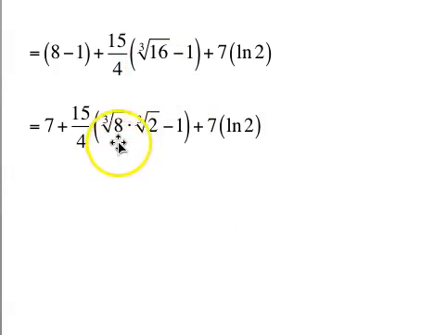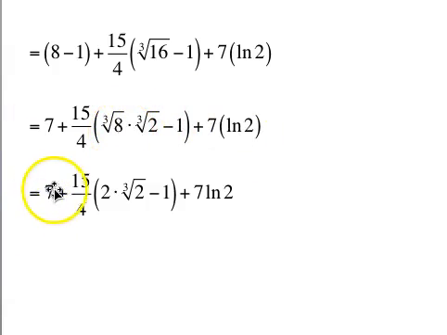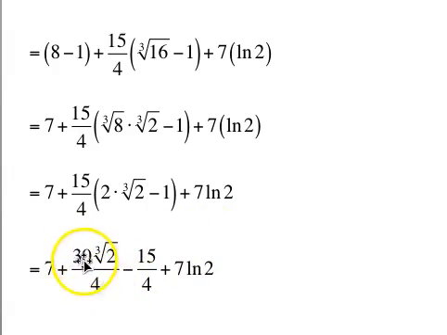Cube root of 16 is cube root of 8 times cube root of 2. And cube root of 8 is something that we know, plus 7 log 2 here. Cube root of 8 is 2. So we'll get 7 plus 15/4 times 2 cube root of 2 minus 1 plus 7 log 2. This fraction, I guess you could say it's 30 cube root of 2 over 4 minus 15/4. But of course, 30 over 4 would reduce to 15/2. So our final answer would be 7 plus 15/2 cube root of 2 minus 15/4 plus 7 log 2,